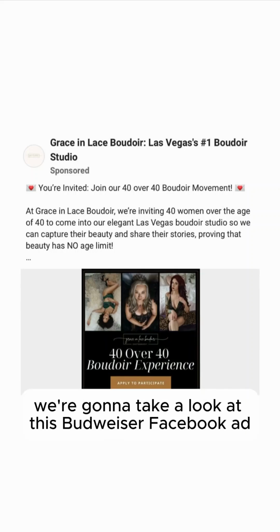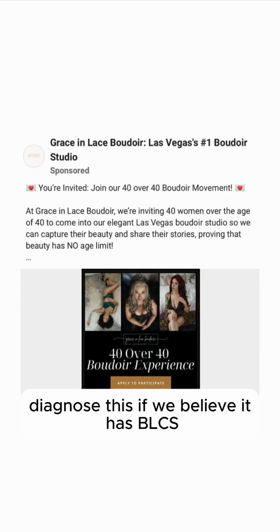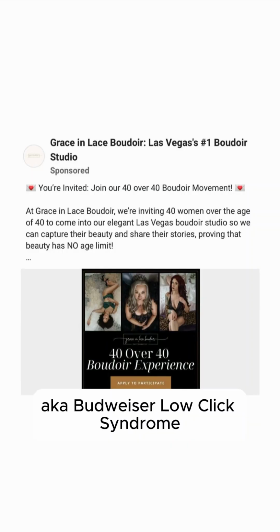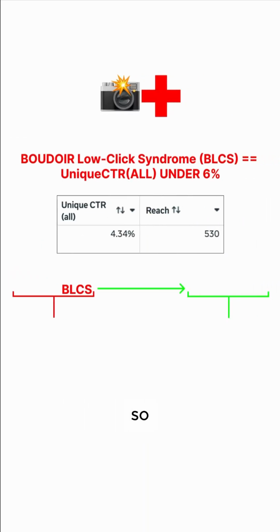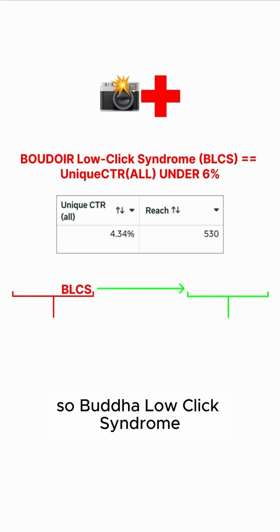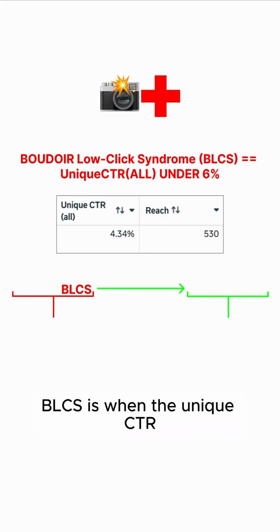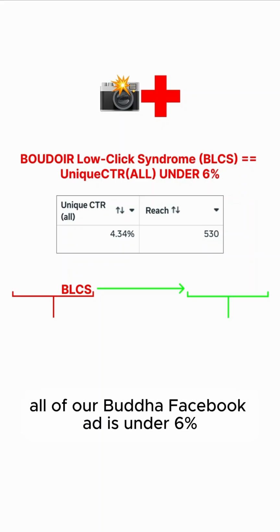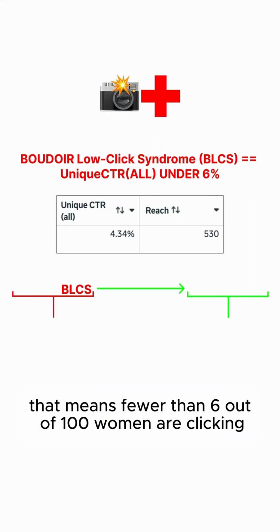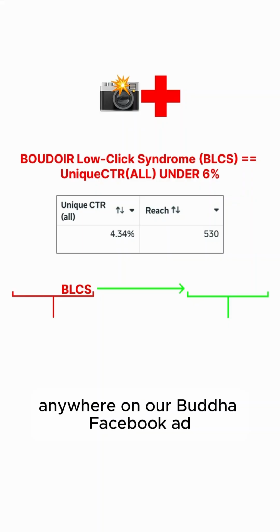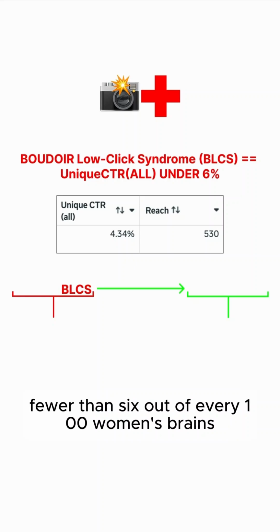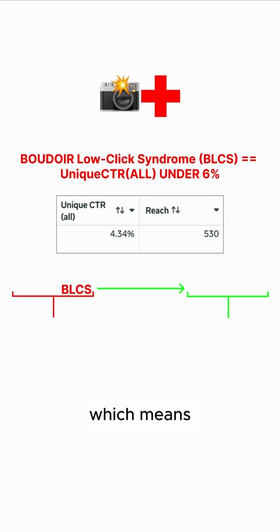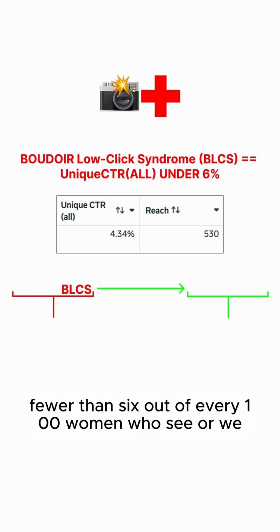All right, y'all, we're going to take a look at this Boudoir Facebook ad, diagnose it, and see if we believe it has BLCS, aka Boudoir low click syndrome. Boudoir low click syndrome, BLCS, is when the unique CTR all of our Boudoir Facebook ad is under 6%. That means fewer than 6 out of 100 women are clicking anywhere on our Boudoir Facebook ad, which means our ad is entering fewer than 6 out of every 100 women's brains,